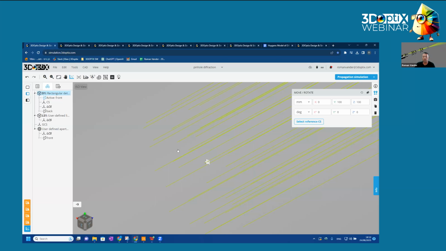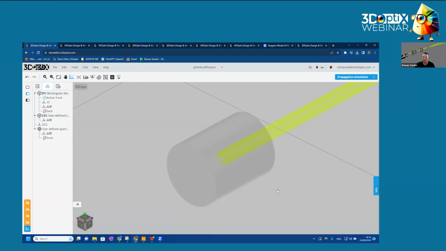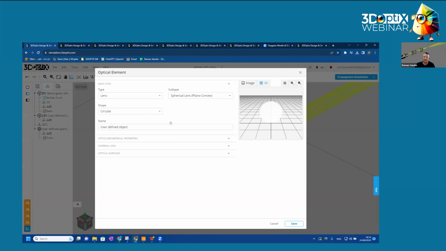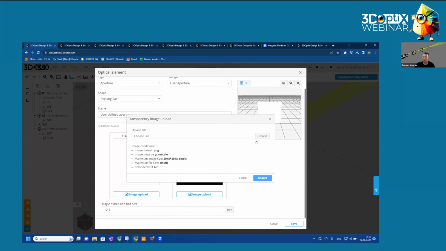So in order to do it, you need to upload the aperture, actually your mask. So this feature, what you actually do, you right click on your scene here, for example, and you go to add user defined object. You'll see that this feature, Gil will show you later, you can create every element, but also a mask. You go to the aperture here, and you go to the images,